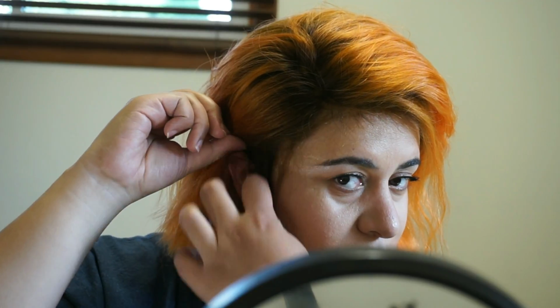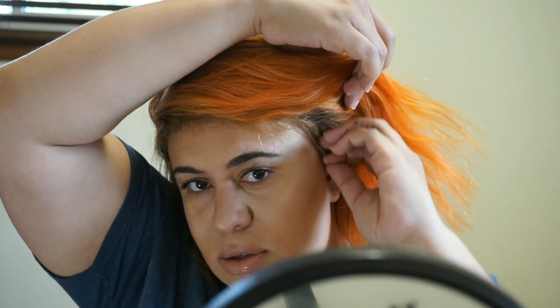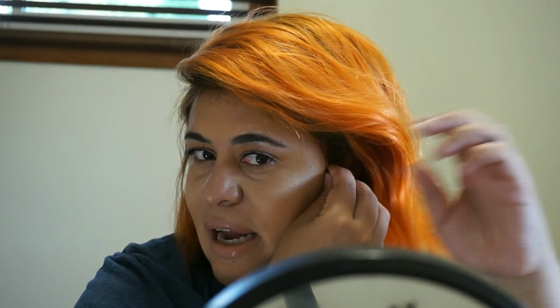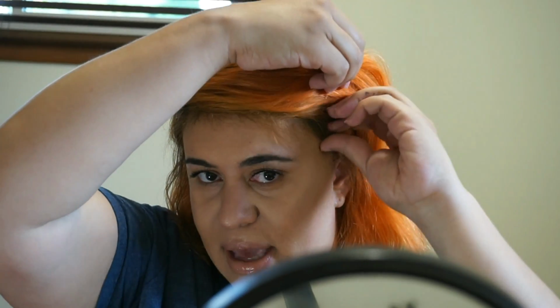So what I do is I just put some hair right here over the lace and pull my sideburns down, and then just pull it out like that. Pull out the sideburns and just put some hair behind my ear. And then on this side, since I have a heavy bang, I don't really need to do it, but I'm going to anyway. So I'm just going to pull it out like this, pull all the hair out like this, and then just put some hair behind my ear. Just like that. And then of course, make my bang a little